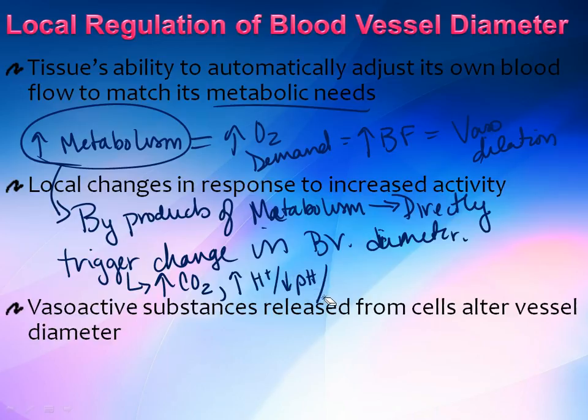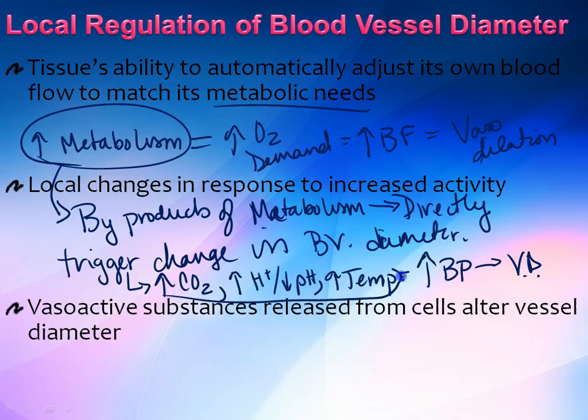How about an increase in temperature? All of these changes occur when a tissue is doing more work. And if a tissue is doing more work, it needs more oxygen. And this is why all three of these characteristics will ultimately lead to increases in blood flow through vasodilation. Now, something that isn't quite as obvious, since these guys are directly related to metabolism and are often referred to as metabolites,